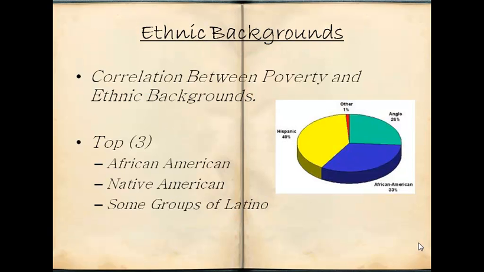Ethnic backgrounds have been proven to correlate with students and the poverty levels in the United States. The top 3 ethnic groups for child poverty are African American, Native American, and some Latino groups. These groups, according to the U.S. Census, are at least 2 to 3% higher risk for persistent child poverty than non-Latino white children. This basically means that children in these 3 groups are more likely to have longer periods of poverty in their lives. They will pass it on and share it with their future generations of children also.